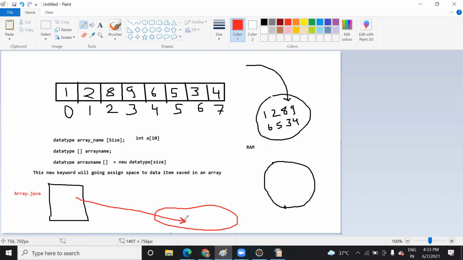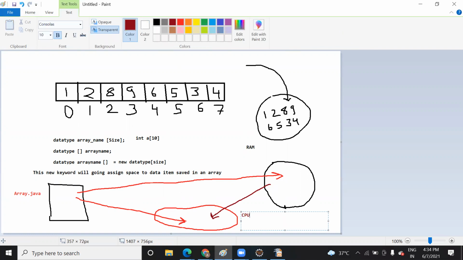Why are you working in the RAM part? It means that once you click on the save button, at that time it will go to your storage part. And whenever you want to run it back, it will come again to the main memory. You will do some changes, it will create space in the RAM, and when you click on the run button, the processor and CPU start working on the code that is present in your RAM.